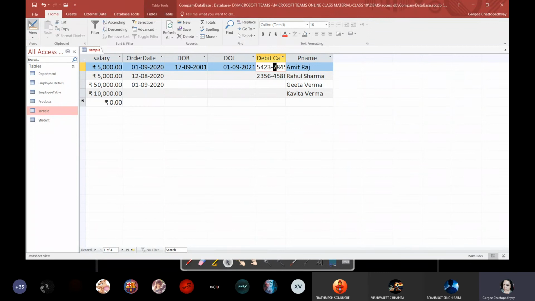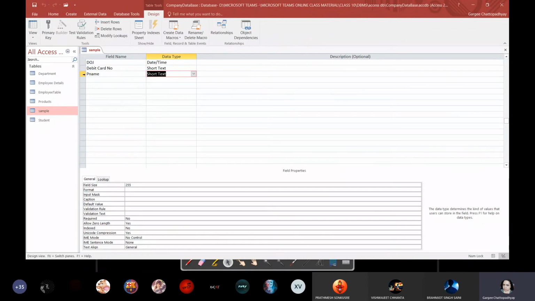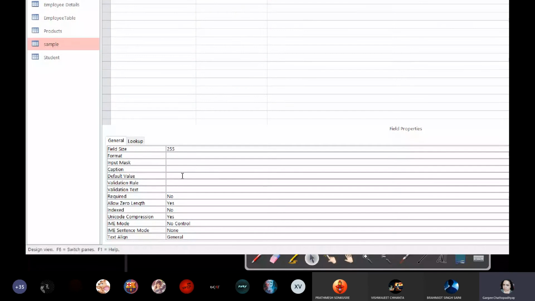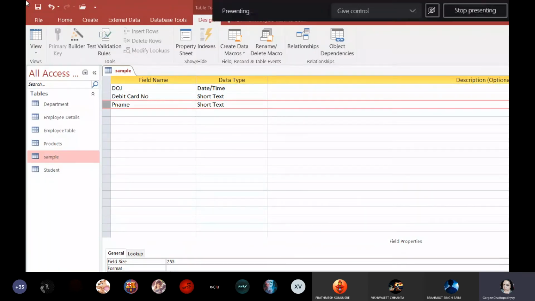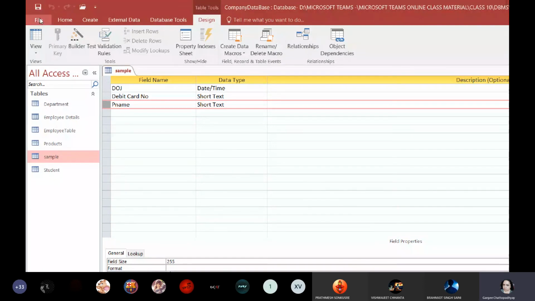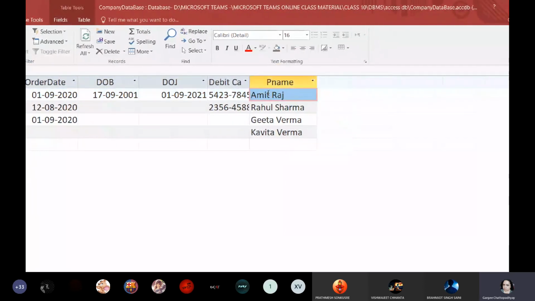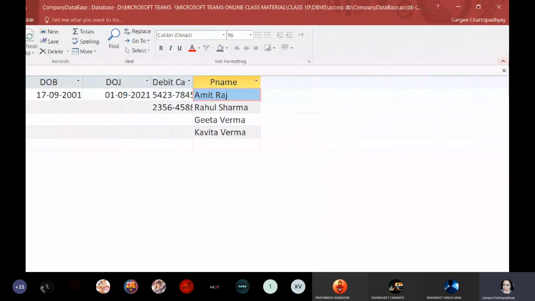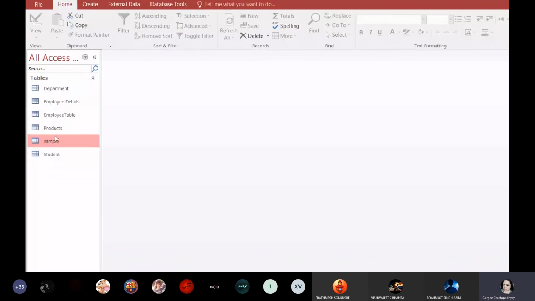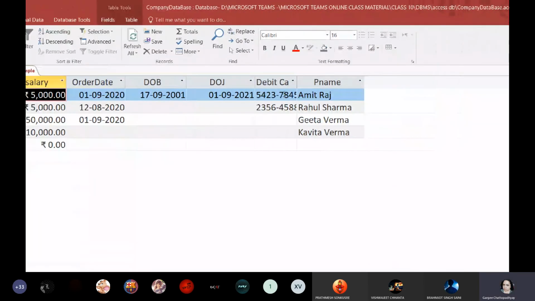Once you have done this, you'll go to the design view, select P name, and over here you come to input mask and just select greater than sign. Now this will work only when you have entered your values. One sec. Enter the value. Just a second. There is some problem over here.